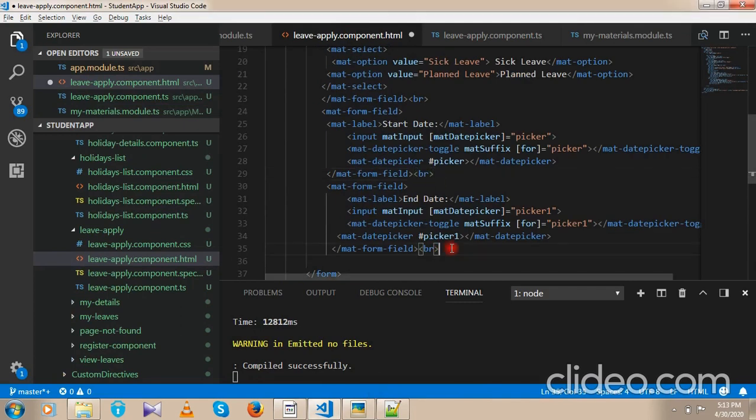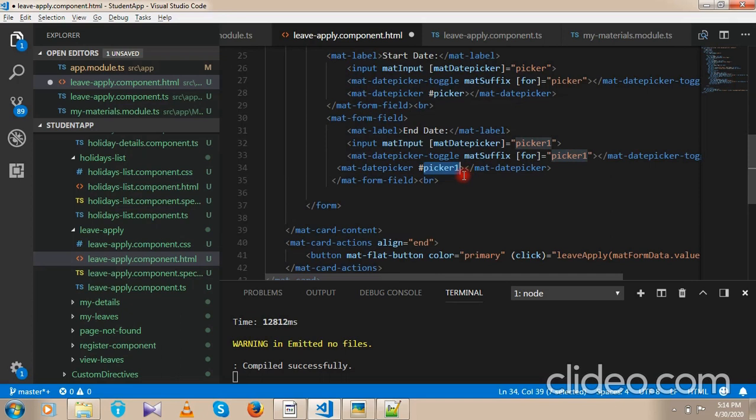I have written code for both start date and end date as well. Same, I took this basic syntax from the guide itself and I have changed it as per our requirement. For end date I just copy pasted the start date and changed the label. One thing we need to remember is whenever you are copy pasting the date picker fields, we have to change the ID. It should be unique for each date field. So this we have to change in 3 places, here, here and here. It should not be duplicate for the date pickers.